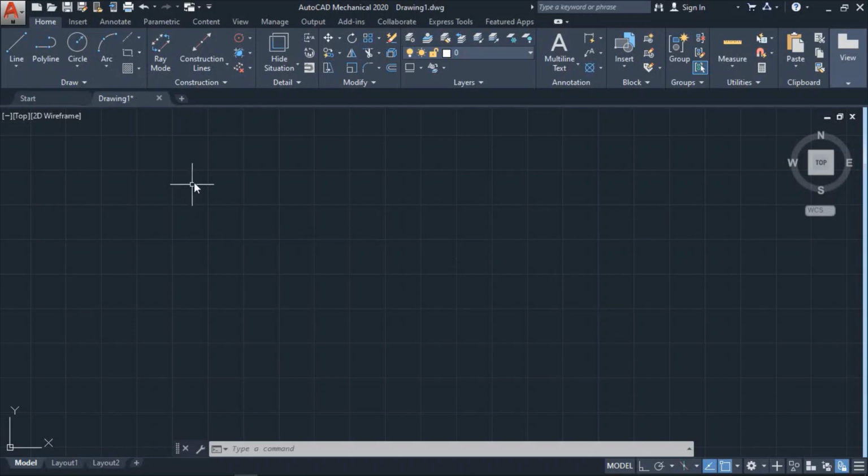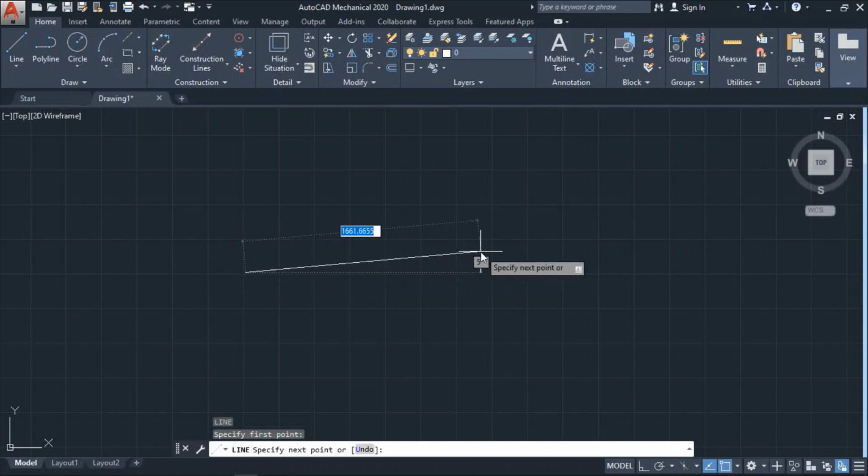Actually, we have two different methods to activate any command. The first one is by directly clicking the left mouse button on the command, and the second is using the command alias. The command alias is nothing but a shortcut for the command by directly typing it using the keyboard. For example, the first is we can directly use the line command by clicking on the line. So here the function has started. And the second is we can directly use the initial command alias L for line. So L and then enter. Here we are in the line command, and for escaping from every command we use the escape button.